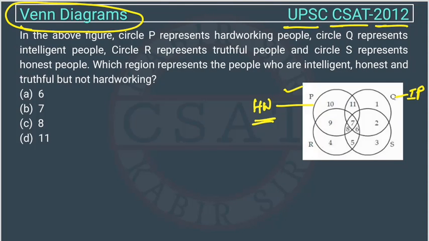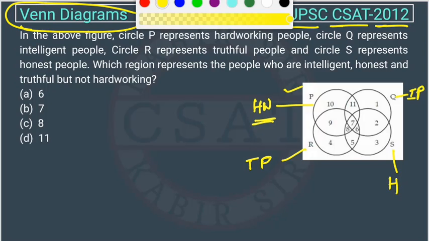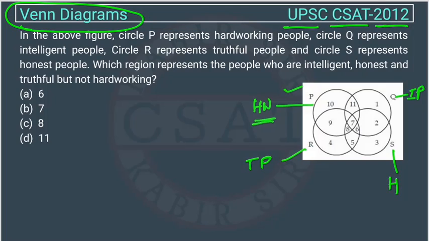This circle R is representing what? Truthful people. So these are truthful people, right? Circle S represents honest. So this S is honest. So these are honest people, right? So let's change the color because it's not visible, right? Okay, let's make it red,